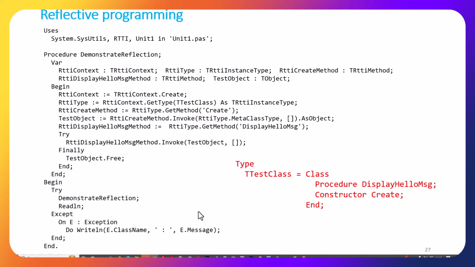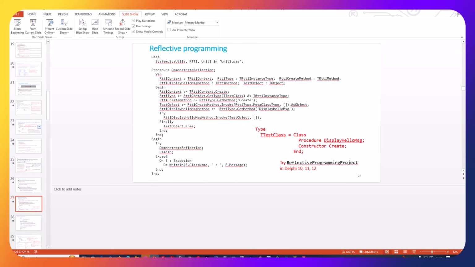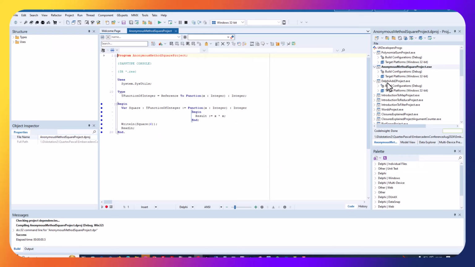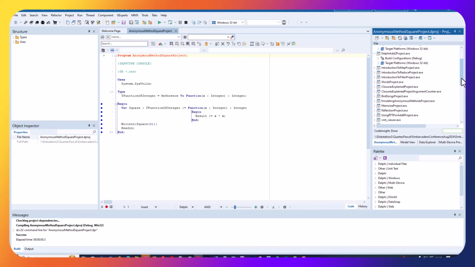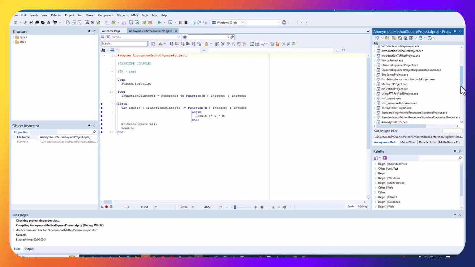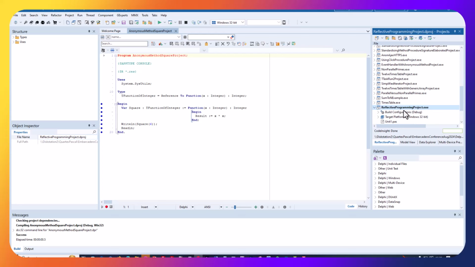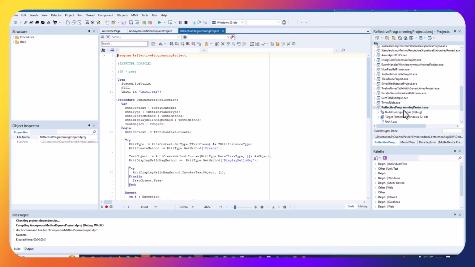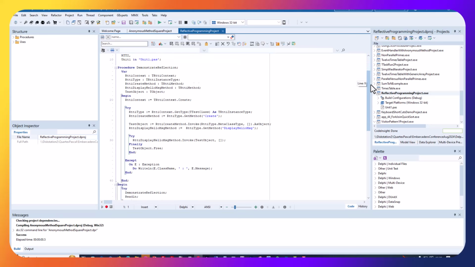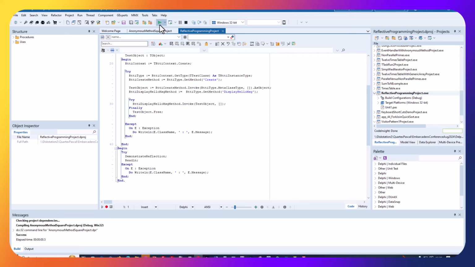So what is it called? Reflective programming project. So if I come out of this and go into Delphi, and what I'm going to do is, no, it's not that one. Reflective programming project. So, okay, so it's as described already. So if I run it,